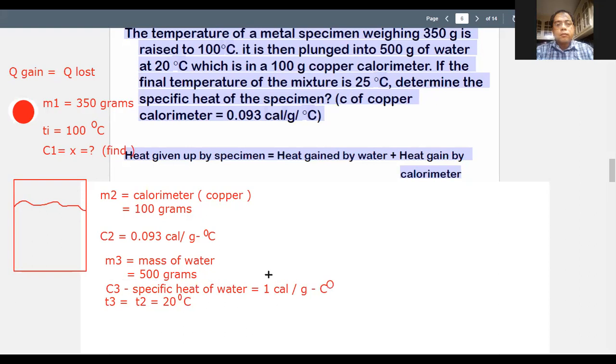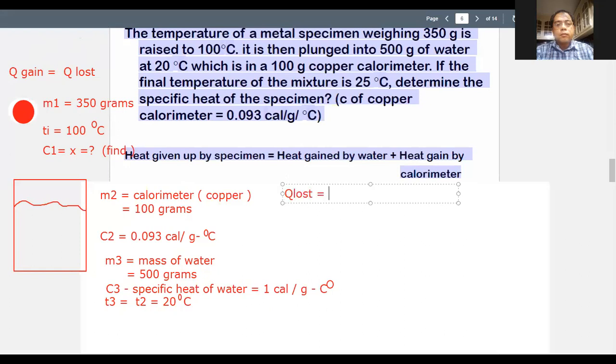Okay, so this is the specific heat of water. And the specific heat of the calorimeter, the copper, is this one. Now, when you mix all three of them, which one do you think will give off heat? Which will lose heat? Do you think there's a material that will give off heat? I think the hotter material will be the one that will lose heat. So Q lost